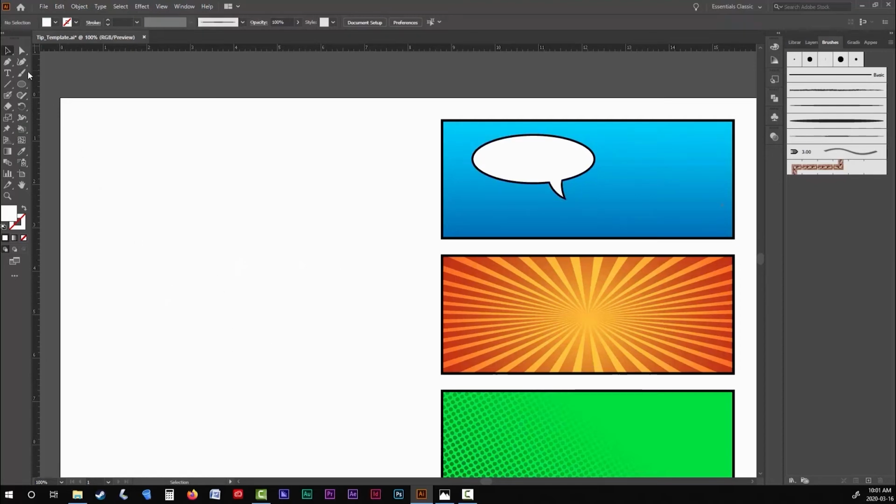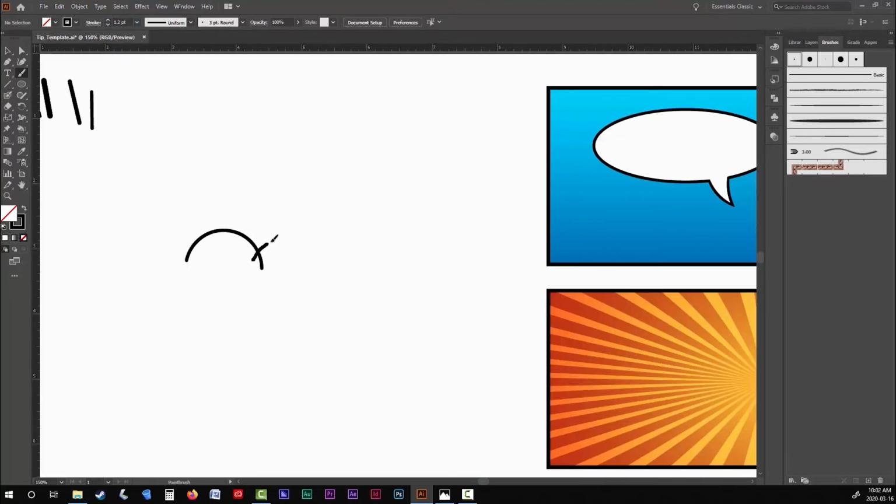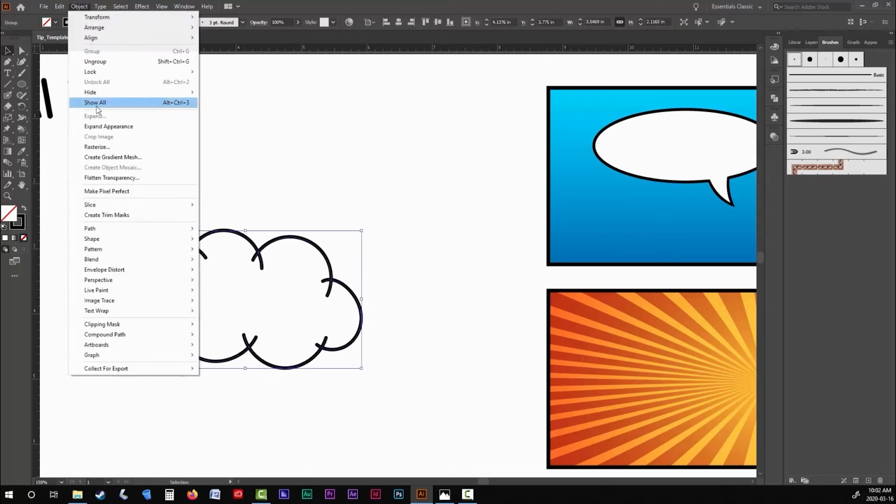So now using the exact same process, I'm going to create a thought bubble. For the thought bubble, you don't have to use a tapered brush. You can just use a standard brush. To keep this video from going extremely long, I'm going to speed up the video right here. So what you're looking at here is the exact same process. Remember to always overlap your strokes when drawing your bubbles so that you get a nice clean joint.